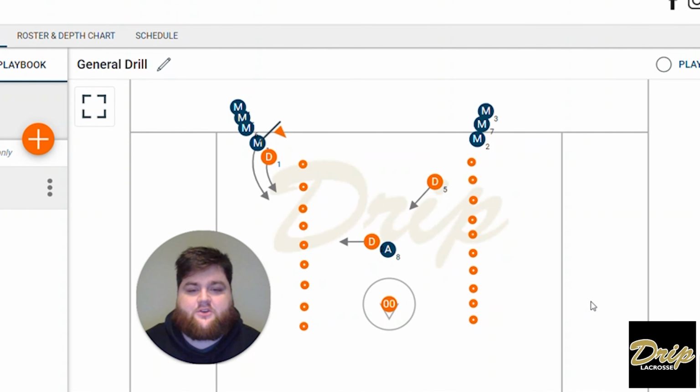This is the third part of our drill. We now have two lines up top. We have a midi and a defender right here, a midi and a defender right here, and a midi and attackman right here, or defender and attackman right here. This player will dodge with the ball,